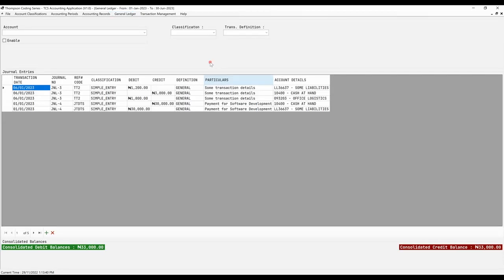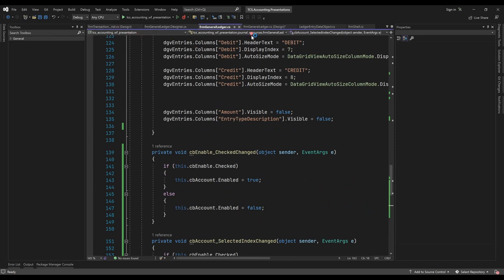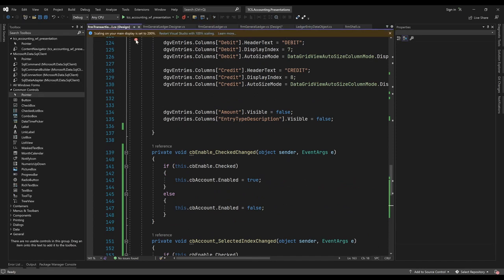So we have that running. Let's go ahead and have a good view of it and see what happens. So we select general ledger as we did before, and this is wrong, this shouldn't be there. Alright, so we can go ahead and change that. And actually I did not populate this, so let's go ahead and populate that because we need to do that. That is one. So let's come to this transaction processing terminal first. Let's go there first,